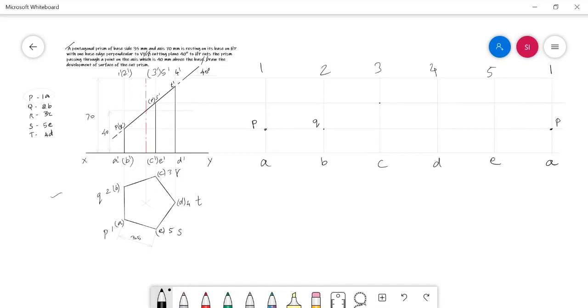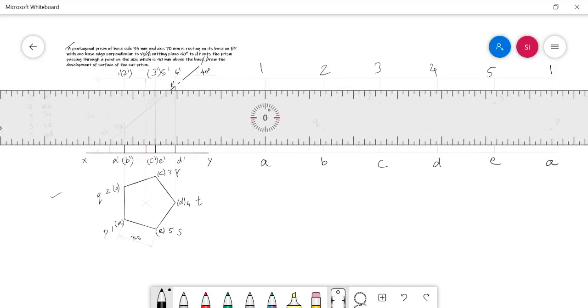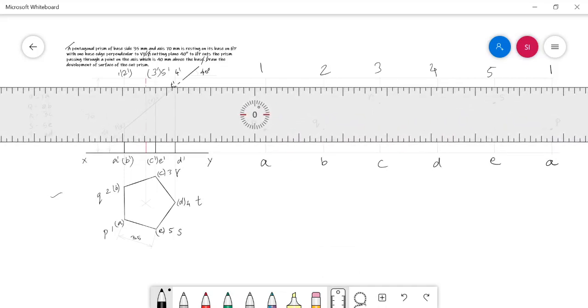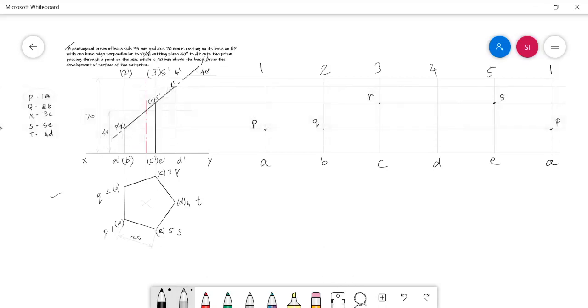In 3C, I have to mark the cut point R, and the same projector will intersect with 5E, and then we can mark the point S. Mark S. And now project the cut point T. Wherever this projector intersects with 4D, I need to mark the cut point T here.